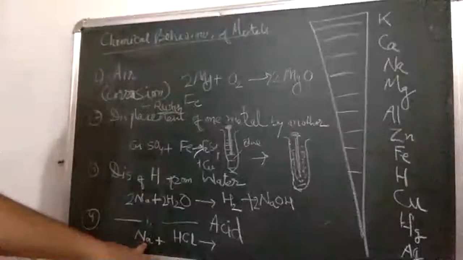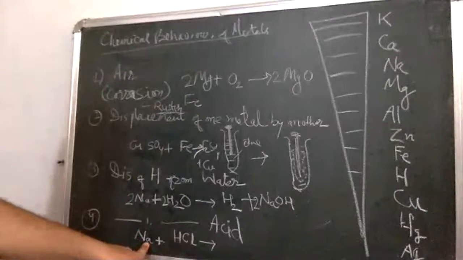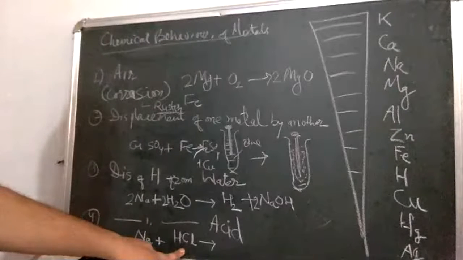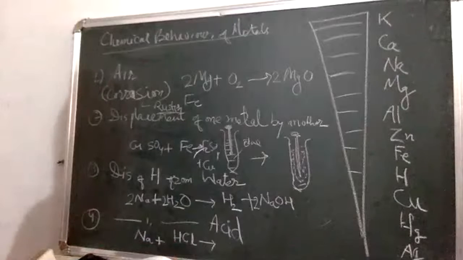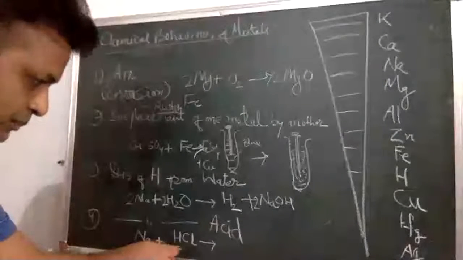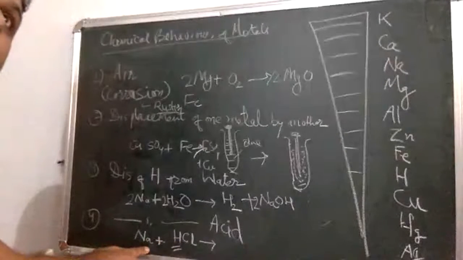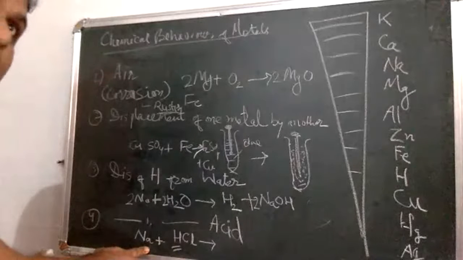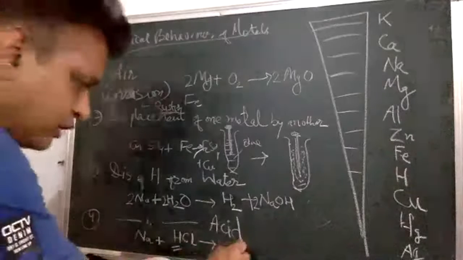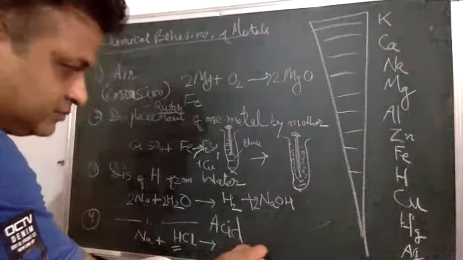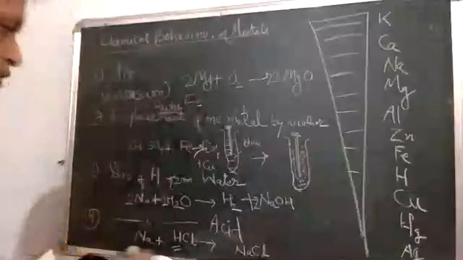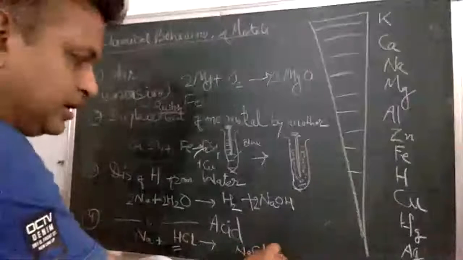So when you take the sodium into the liquid of hydrochloric acid, then hydrogen will be replaced by sodium, that is Na. So now it will become NaCl, and H2 will be